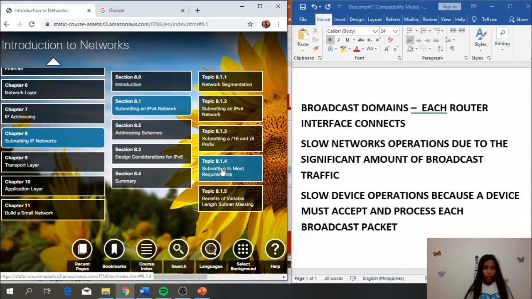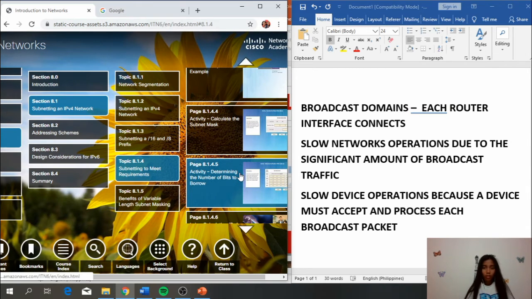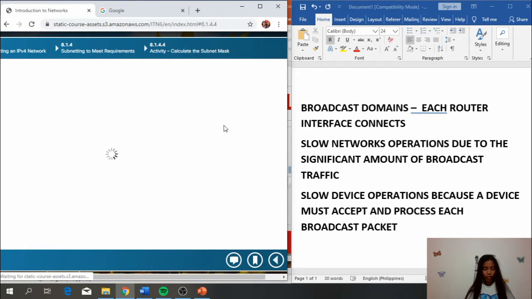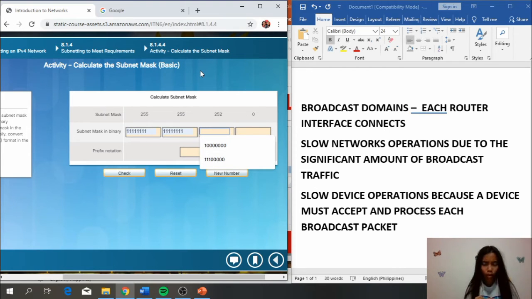For this one first, calculate the subnet mask. So the value of 255 here is all 1s. Again, 252, so we'll just remove this, this is 0 and 1, so this will be